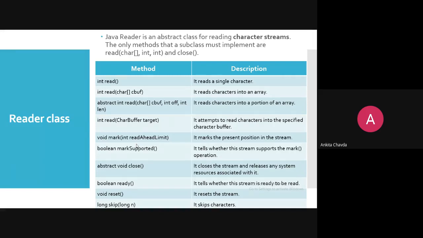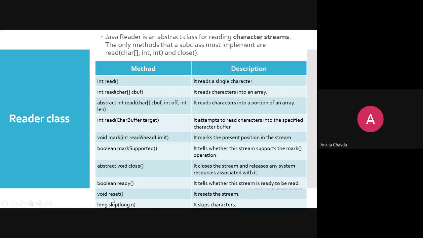So markSupported will simply return true or false. It will tell whether the stream supports the mark operation or not. Then close, which you already know. Then ready. Ready will tell whether your stream is ready to read or not.